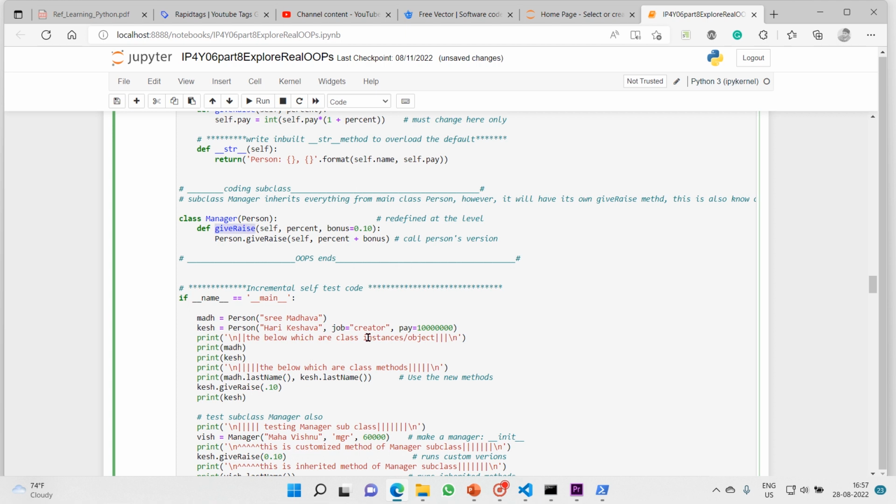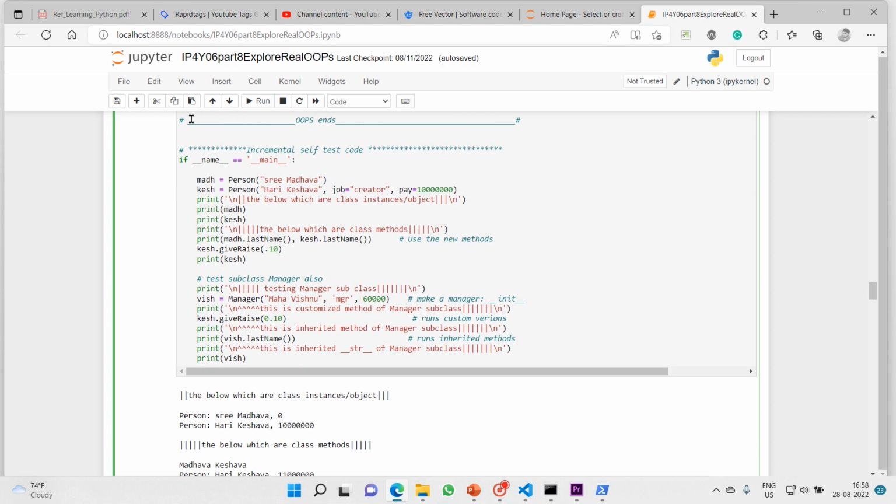As we have discussed earlier, we assume that a manager gets a raise, just 10 percent additional bonus compared to the person class. So that's what we have added here. In addition to the percentage, we have added a default bonus, that is 0.10, and then this part is done.